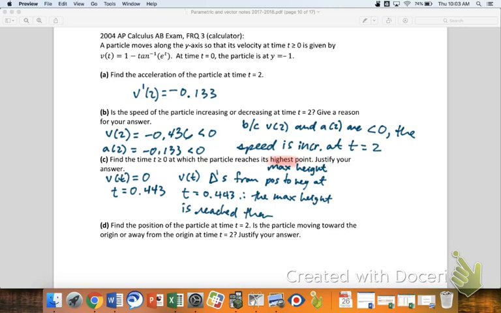What is the critical point and then minimum? What would you do? Then you'd probably go with 0, right? Because then you'd say at that t equals 0.443, v goes from negative to positive, indicating a relative minimum. And then you would see that